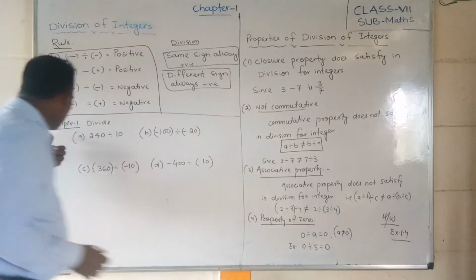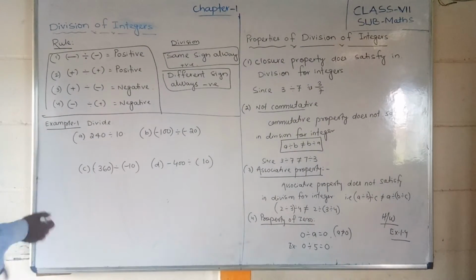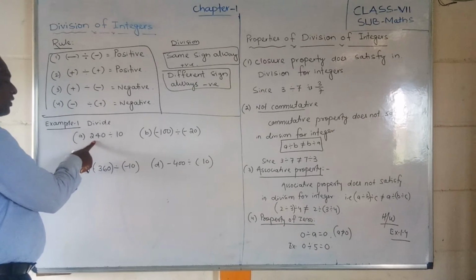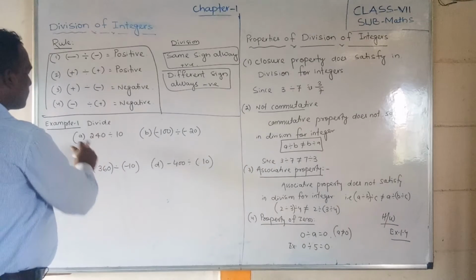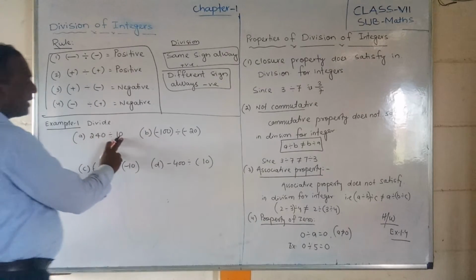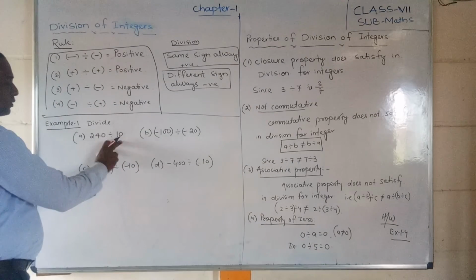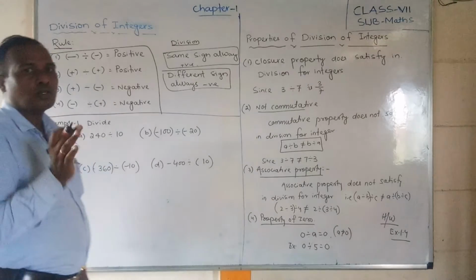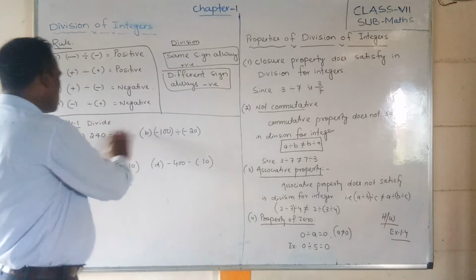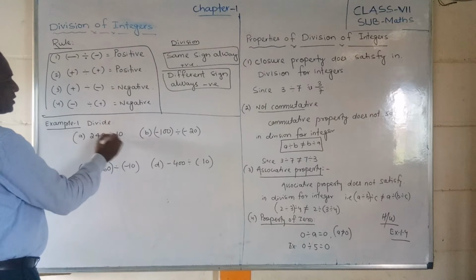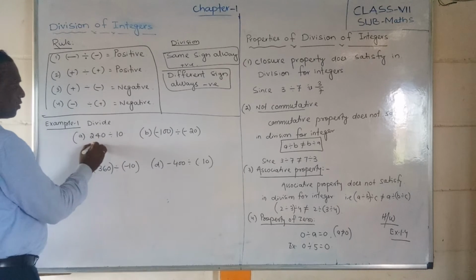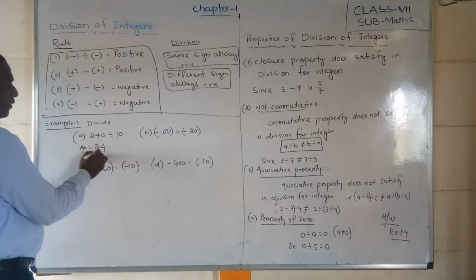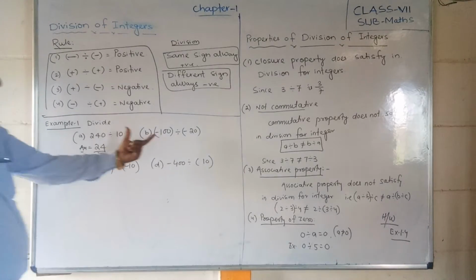Now students, I have written an example, you can easily solve it. First, this 240, what is the sign of 240? The sign of 240 is positive, or plus, and the sign of 10 is also plus, so both signs are plus, so you ignore the sign and just divide the whole numbers. So 240 divided by 10, if you cancel the zero with the zero, the answer will come, what is that, 24. Yes, so easy it is.